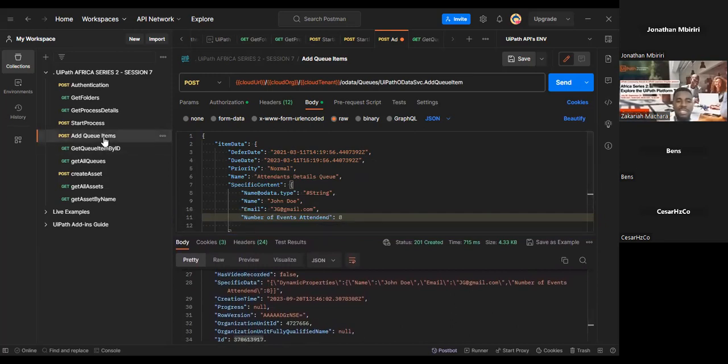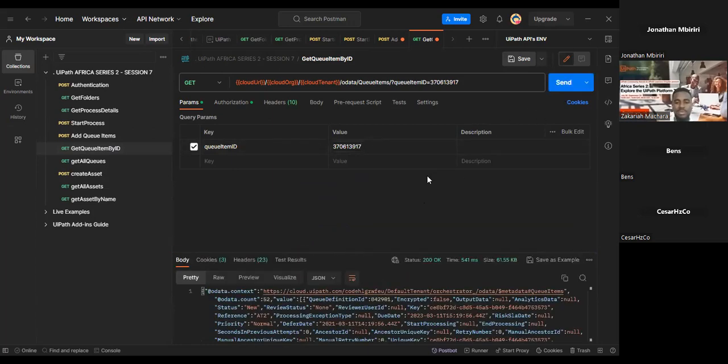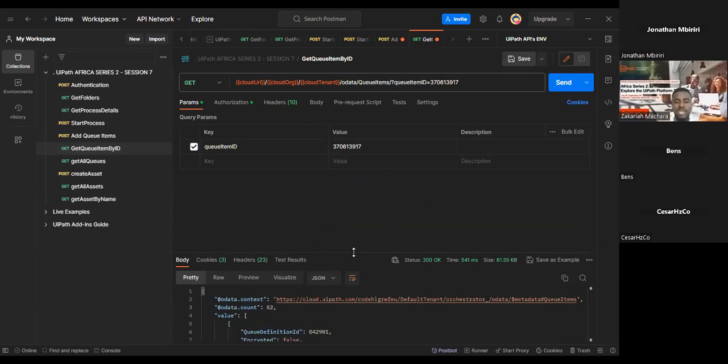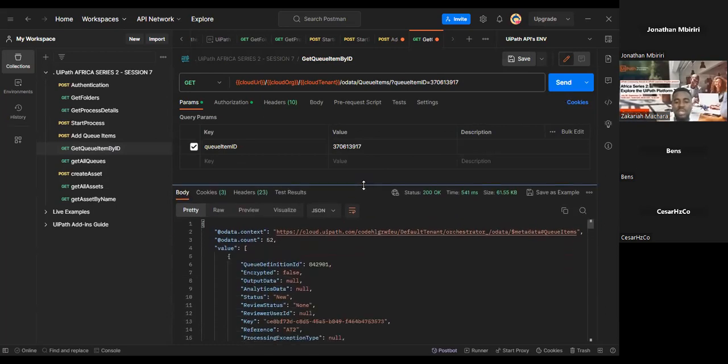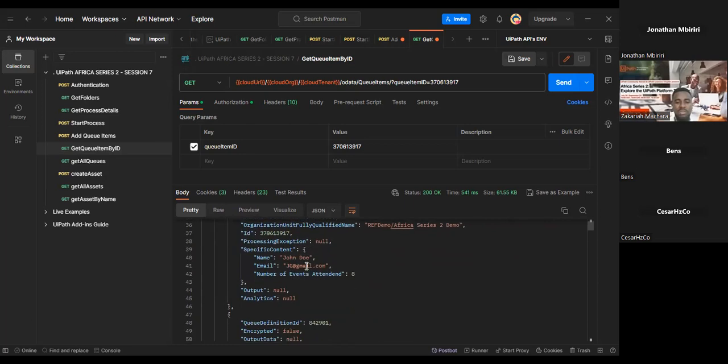So we have the add queue items. Let's just go to there, and then we have the parameters. We want to pass the particular queue item ID, and I want us to retrieve it. So you can see we get a 200 OK status in this case with the queue item information. If you look at the specific content, you can see